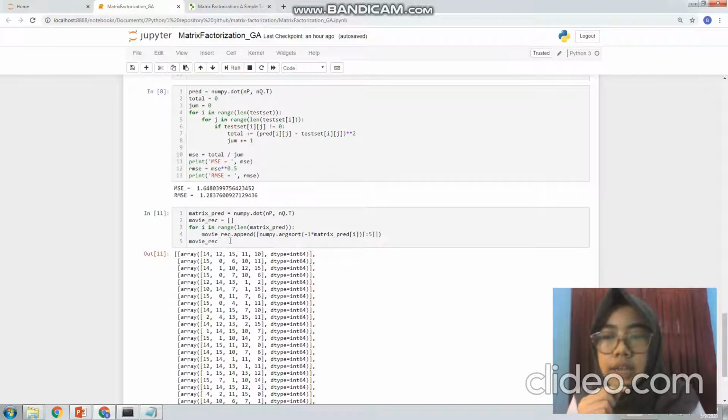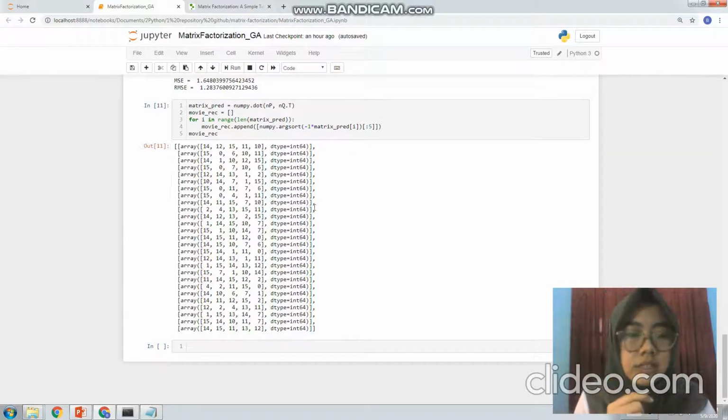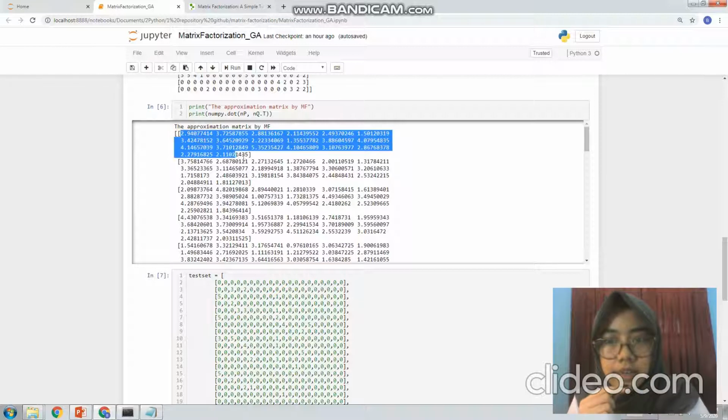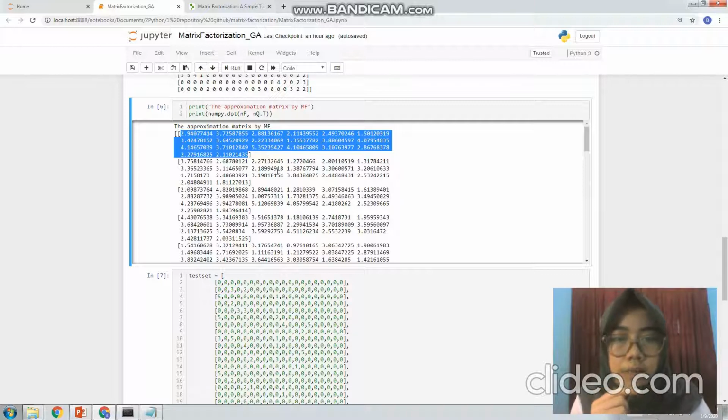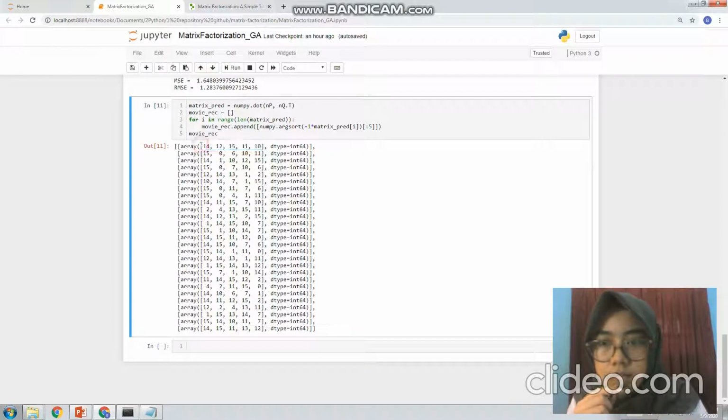After that, we can build the prediction. Here I want to give recommended top 5 movies to each user. So here I just need to sort the ratings that we already have and then take the top 5. And for the first user, we already have the top 5 movies that